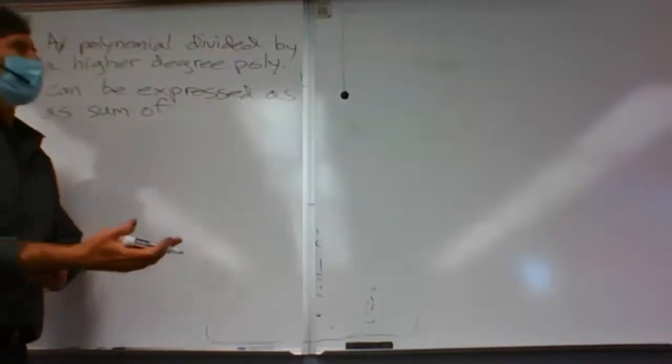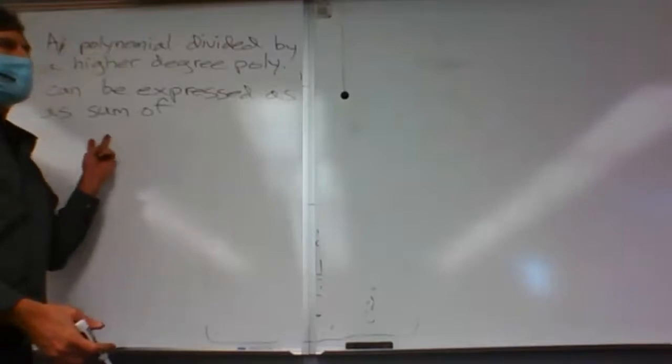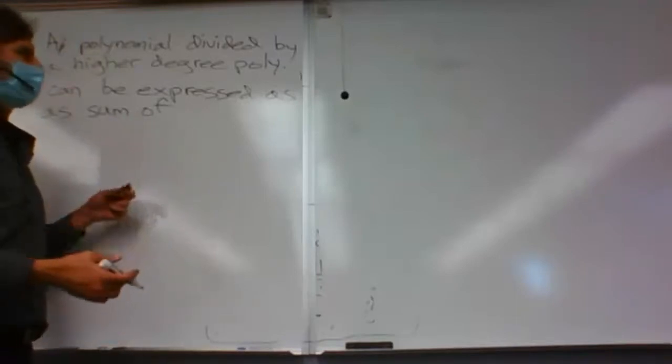It doesn't matter what the numerator is, it's the same form. It will change the constants that go in there, so it's not that it doesn't change, but the form will